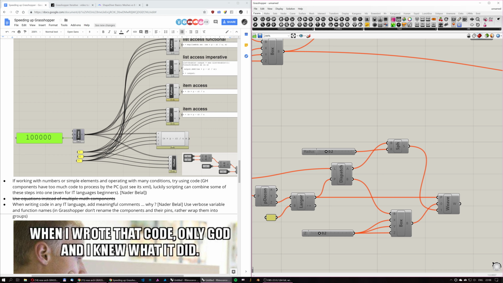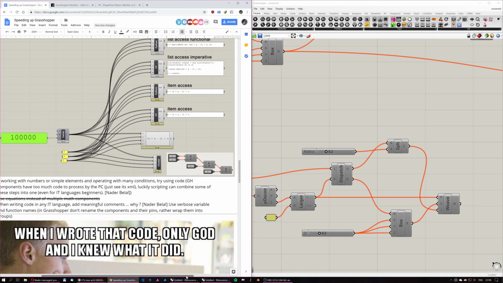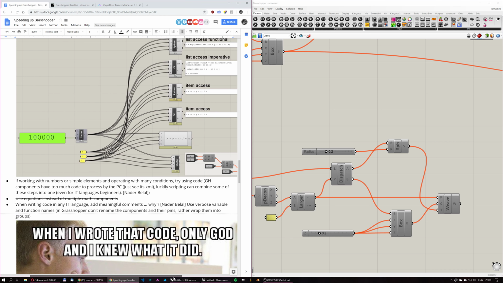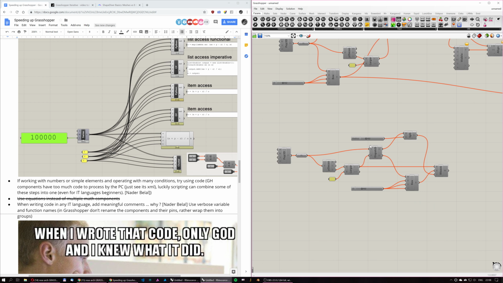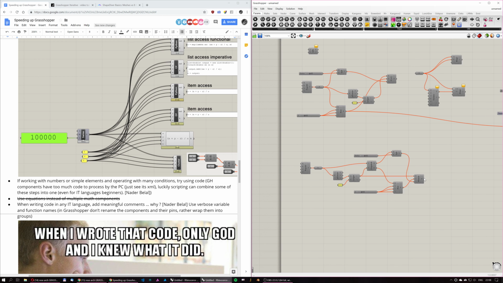But you're right that you can combine more steps into one, and even conditions and other more complex things into one if you're using scripting or just any programming language. But still, you're losing a lot of nice features that come with Grasshopper. If you're comfortable with that, then it's fine, and it's going to run much